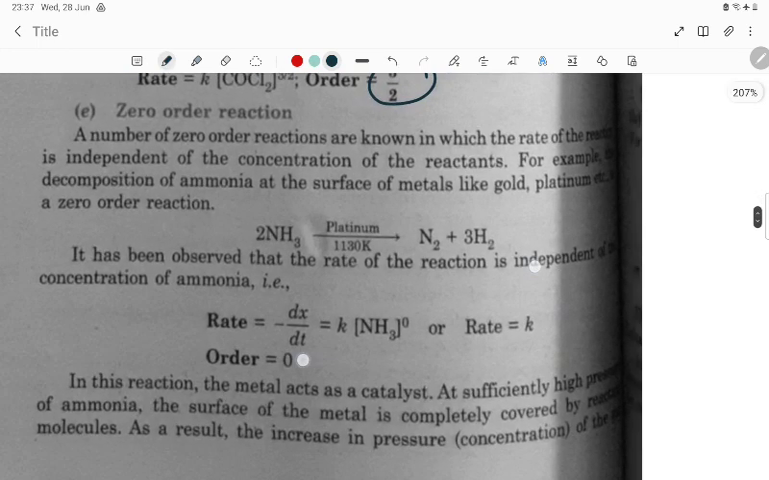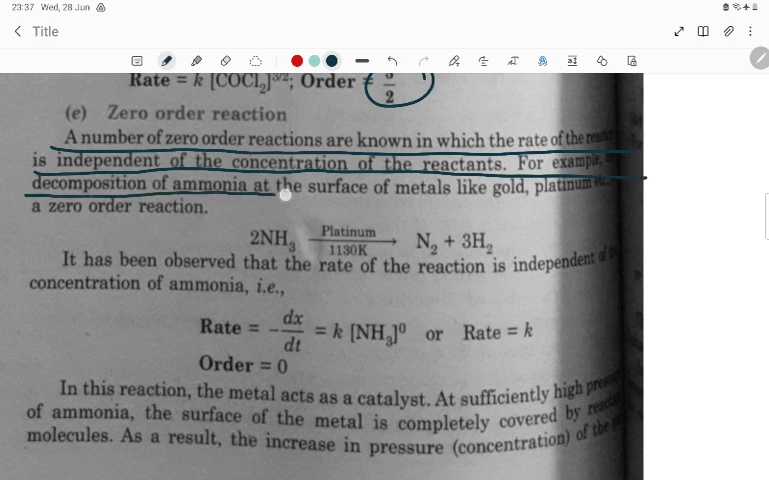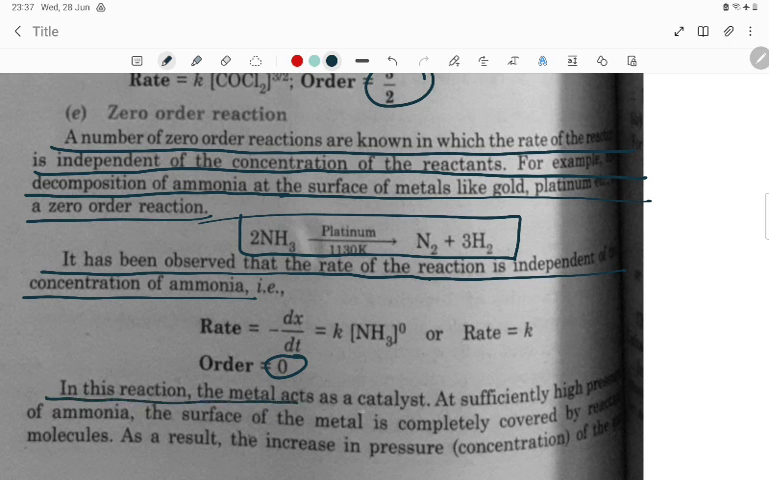Zero order reaction. Reactions of zero order are known in which the rate of the reaction is independent of the concentration of the reactant. For example, decomposition of ammonia at the surface of metals like gold, platinum, etc. are zero order reactions. So 2NH3 decomposes to give N2 plus 3H2. It has been observed that the rate of the reaction is independent of the concentration of ammonia. So it is a zero order reaction. In this reaction, the metal acts as a catalyst. At sufficiently high pressure of ammonia,